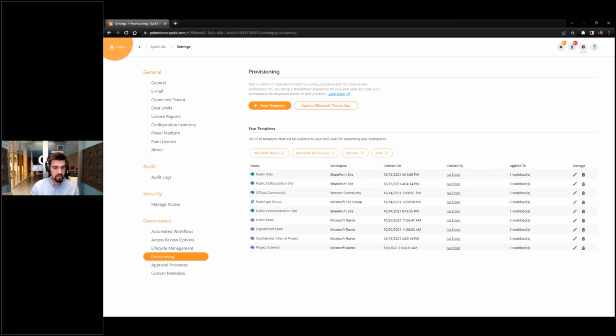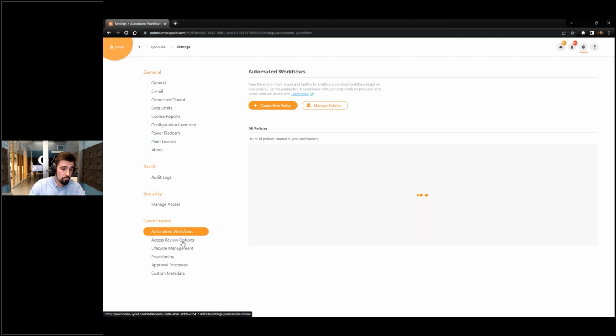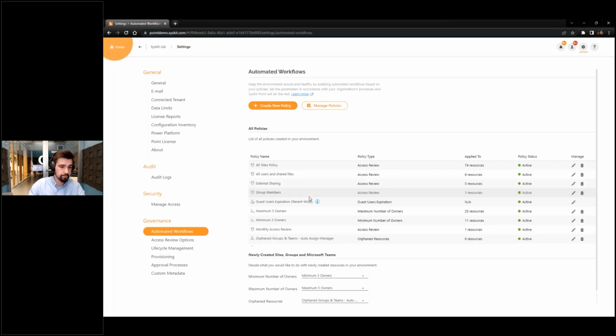Okay, so now we've seen how we can already, right off the bat, even before a site is created, ensure that a lot of the data is kept safe, and kept only to the relevant stakeholders within our organization. Now let's see, when it's in existence, how we can handle it, right? Can we put certain rules in place to automatically govern exactly these teams? So for that, we will go to our automated workflows. And here I want to show you our approach on how to set up this automated governance of your tenant. If I select here, create new policy,